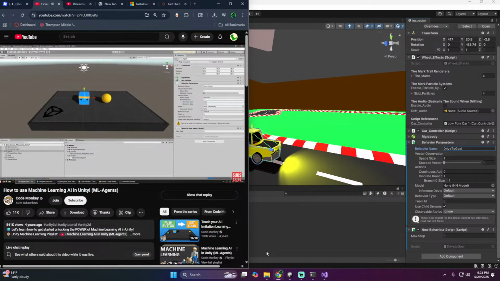So for example, if you're making a car AI, you would make the first branch refer to accelerating and braking. So you would put it with 2 values. And then for the second branch, let's say it would represent turning, so you would put 3 values, one for turning left, turning right, and don't turn. Okay, now